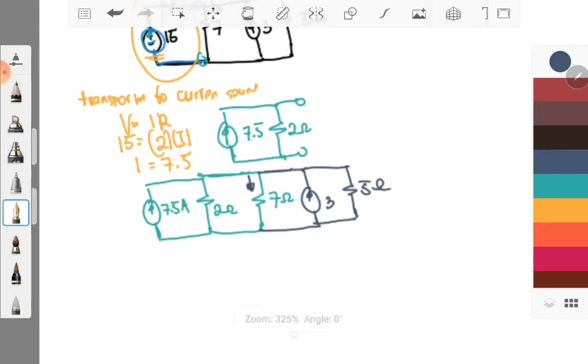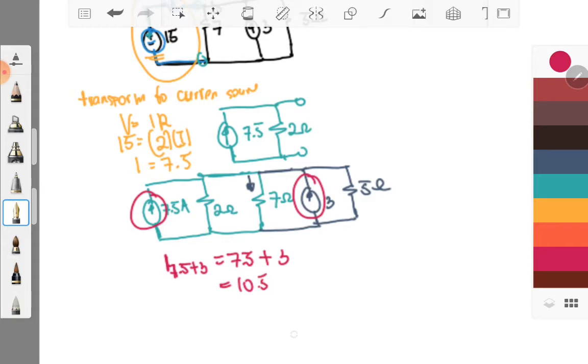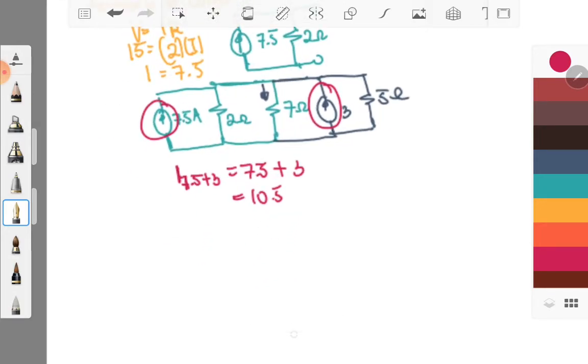Take note that since the two are pointing upward, I may say that they are additive, so I will add them. So therefore I of 7.5 plus 3 at parallel connection is just equal to 7.5 ampere plus 3 ampere, which is equal to 10.5 ampere. Okay, so therefore we will have a new equivalent current source, which is 10.5 ampere, and then it is connected in parallel with the combination of your 5 ohms